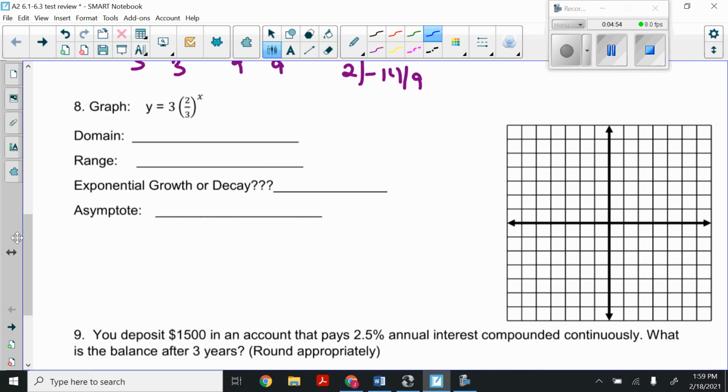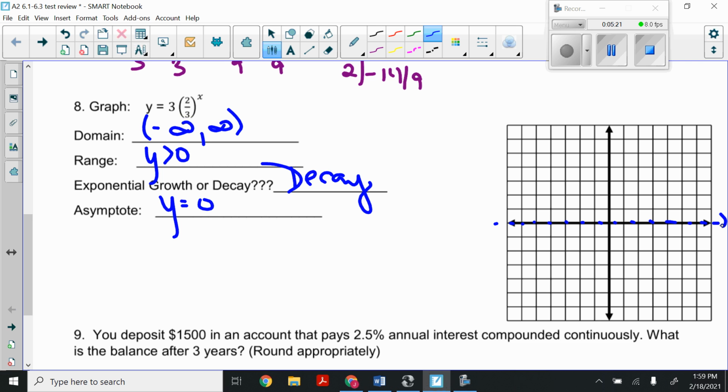So now number 8, graph y equals 3 times 2/3 to the x power. Again, my domain, this is all real numbers. It's an exponential. My range, I don't have a number being added or subtracted, so my range, y is greater than 0. This is another decay function because the number inside parentheses is 2/3, and my asymptote here is y equals 0. So again, I could go ahead, do my asymptote dotted line, make an xy table,